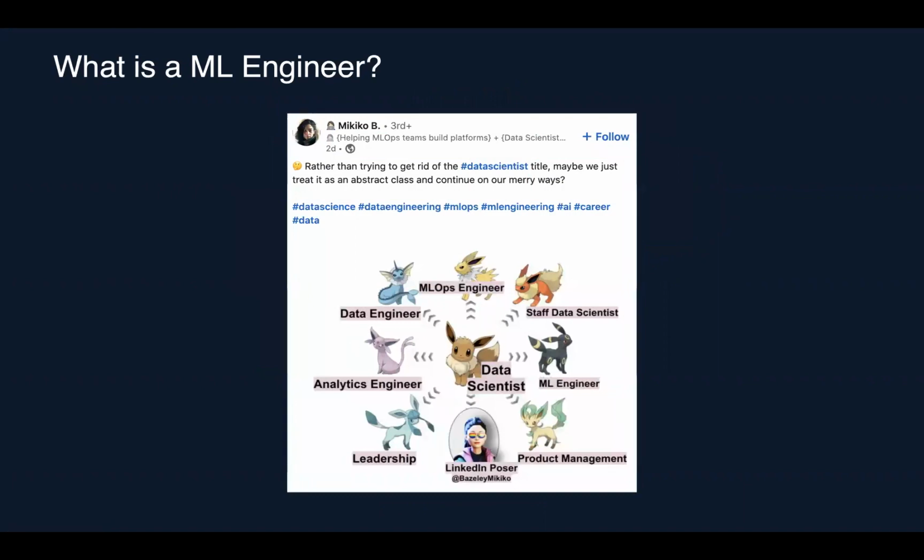I came across this today, and it's very interesting. It's the Pokemon of data science. So as you can see, what I learned from this, right, is basically that data scientists, this is what we used to think about data scientists, but this is getting more specialized. We have MLOps engineers, we have data engineers, right? Analytics engineers, who work more with the modern data stack, Snowflake, things like DBT, and there are ML engineers, right? But in some companies, MLOps engineers and ML engineers might be the same role. So it's kind of interesting. I thought I would share with you guys.